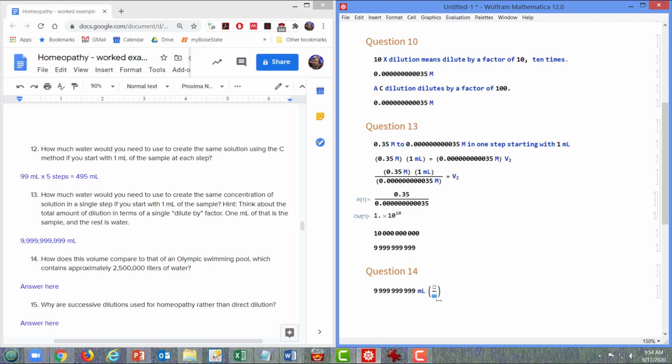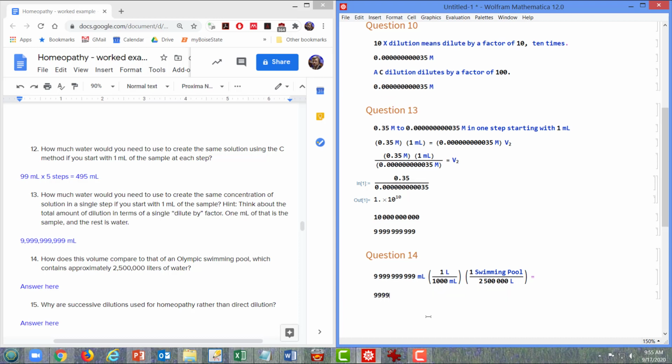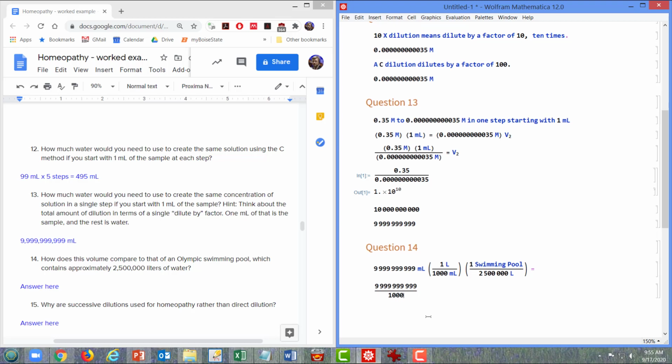We are now going to do dimensional analysis. 1,000 milliliters is equal to 1 liter. And notice that the milliliters cancel. We now have, we want one swimming pool is 2,500,000 liters. Okay, and so we need to figure out what that is. So again, using your calculator, 9,999,999,999 divided by 1,000